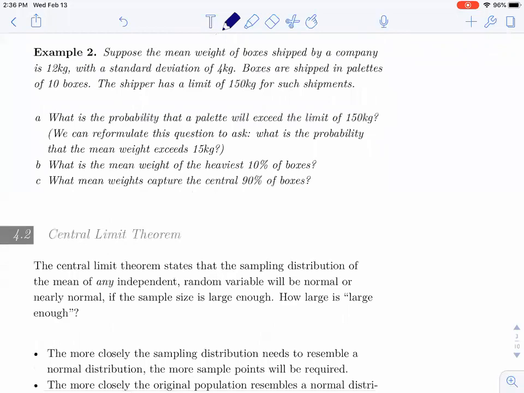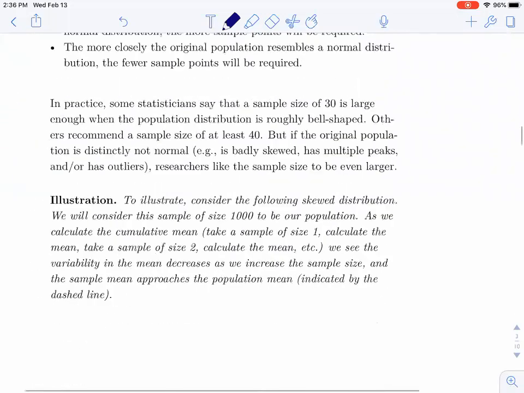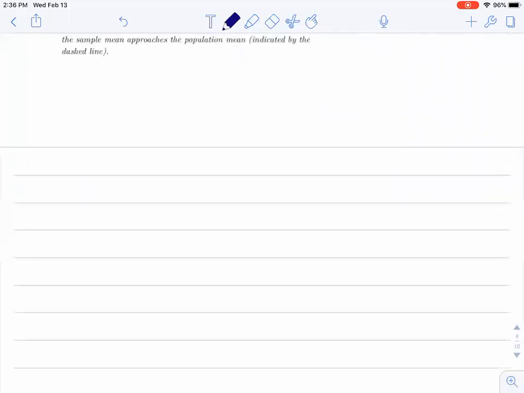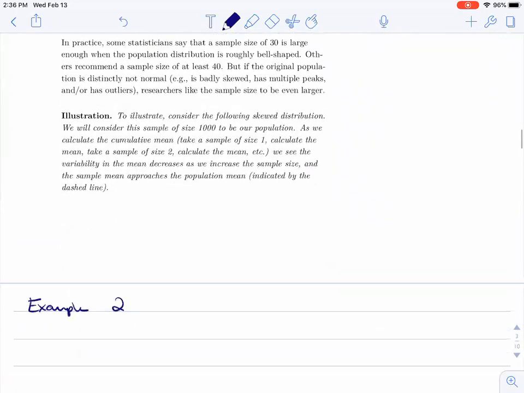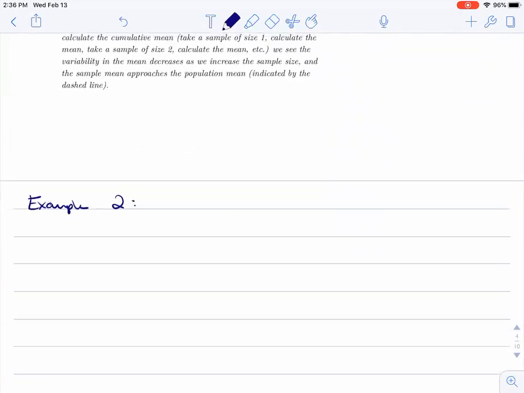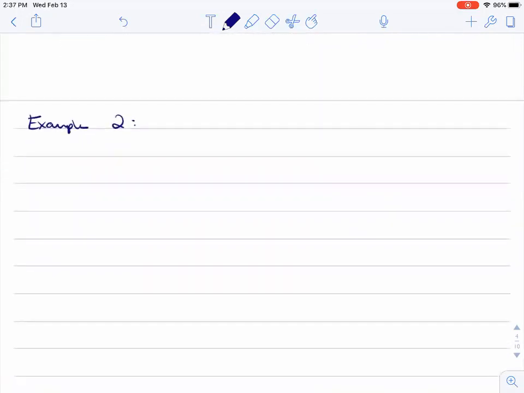And so part A, it's kind of down here. Example, is it 2 or 3? 2? Thanks. So we've got